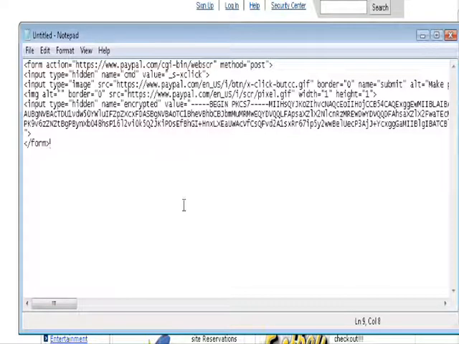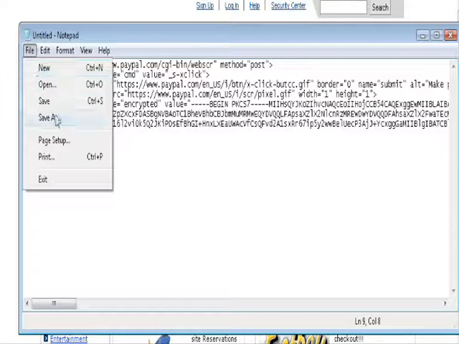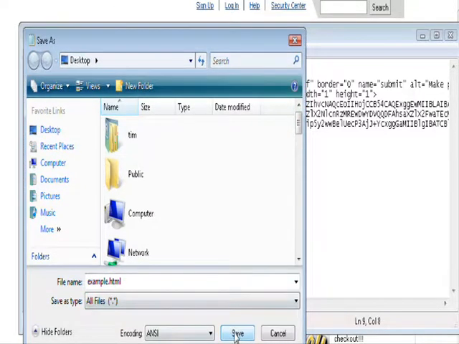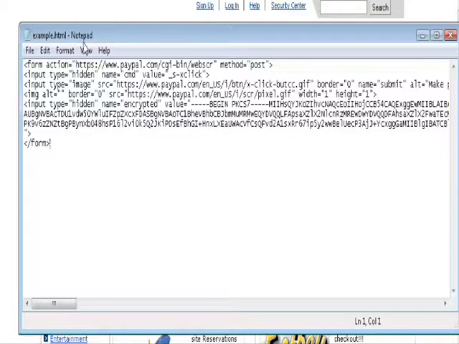First, we're going to just save this as an HTML file. And we'll call it example.html. And now we'll go ahead and save this. And you'll see that it's now been named example. So if I were to click on this now, you see that we have our payment button here. And that's all we have on this particular HTML page. If we click on this button,